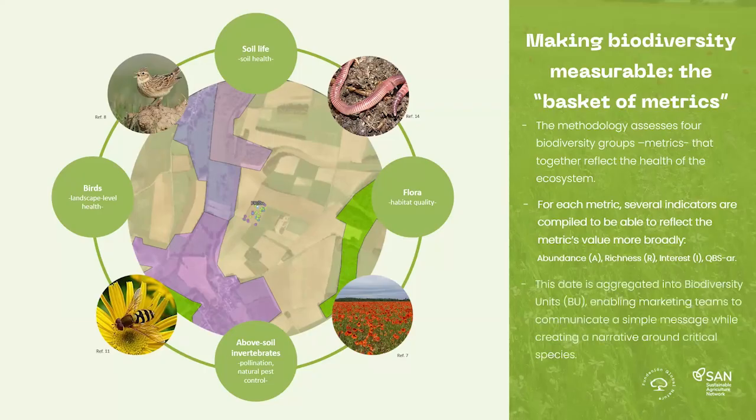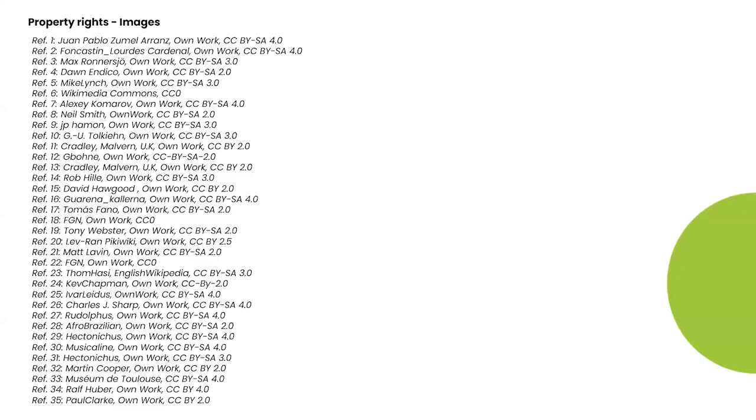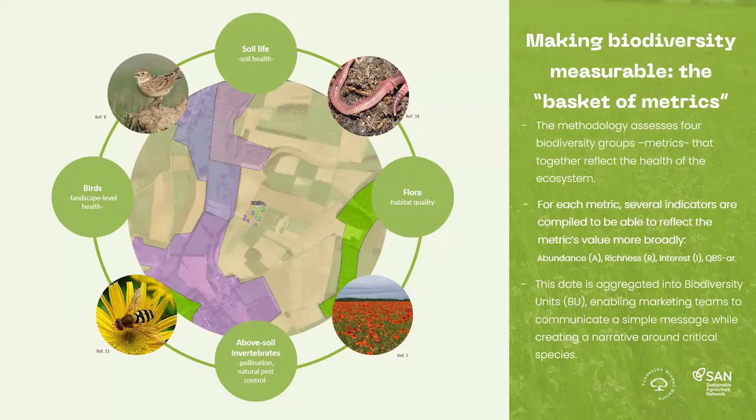within each biodiversity group. This data is aggregated into what we call biodiversity units using what we call the biodiversity matrix, which is something that you will be able to see in our methodology when you check it out. And that is the way we find more appropriate to aggregate the biodiversity data of different indicators, different groups of biodiversity, and being able to put everything together to come up with a percentage in the end that we can communicate and claim on.